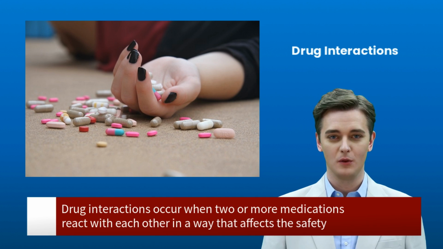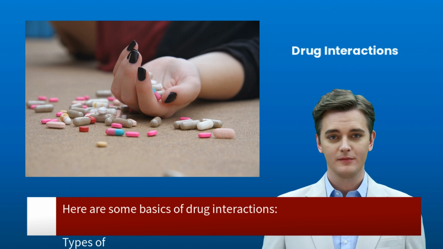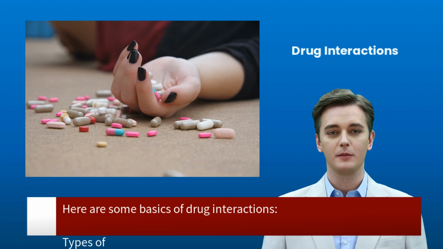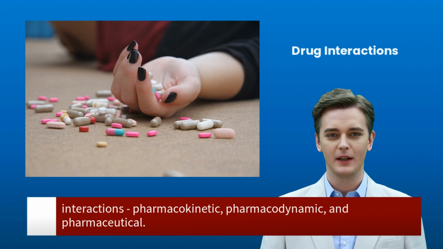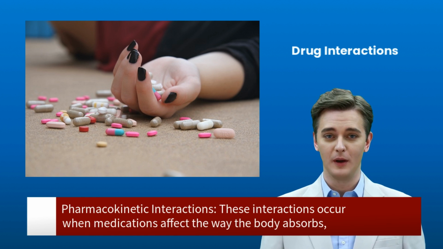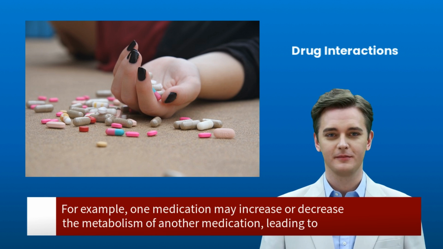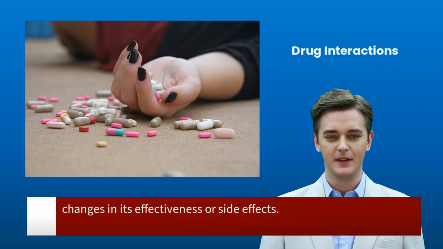Drug interactions occur when two or more medications react with each other in a way that affects the safety or effectiveness of the medication. Here are some basics of drug interactions. Types of drug interactions. There are three main types of drug interactions: pharmacokinetic, pharmacodynamic, and pharmaceutical. Pharmacokinetic interactions. These interactions occur when medications affect the way the body absorbs, distributes, metabolizes, or eliminates other medications. For example, one medication may increase or decrease the metabolism of another medication, leading to changes in its effectiveness or